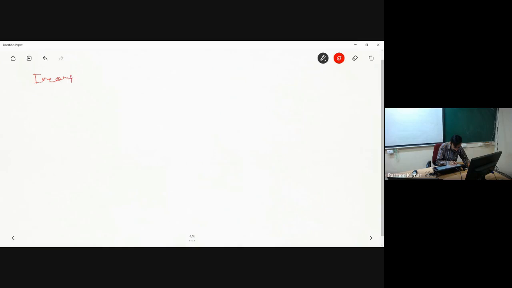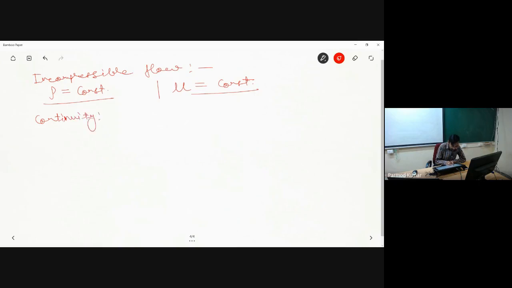Now I will consider that we have incompressible flow, and in this incompressible flow the assumption of constant density is a valid assumption. Let us consider that the viscosity of the fluid is also constant. Now can you tell me what will be the form of the continuity equation? Divergence of u is equal to 0. Yes, del u by del x plus del v by del y equal to 0. This is my continuity equation.